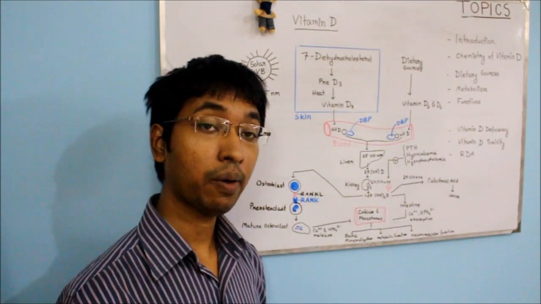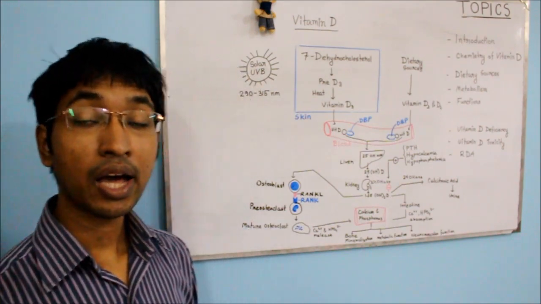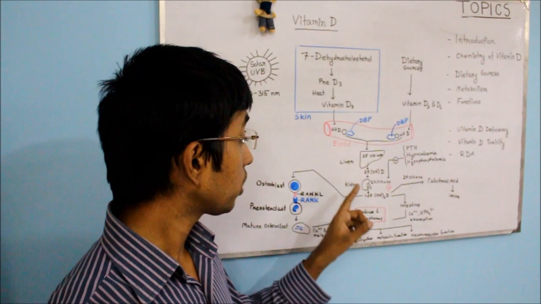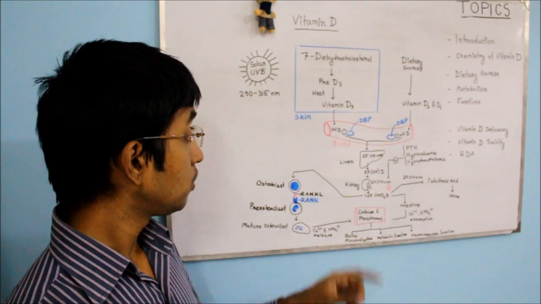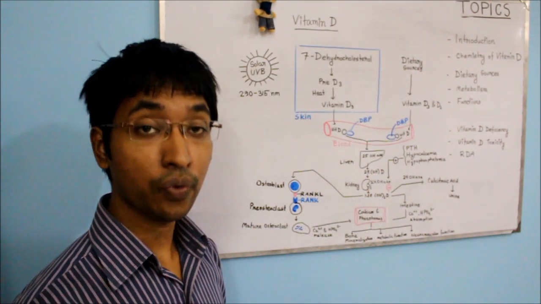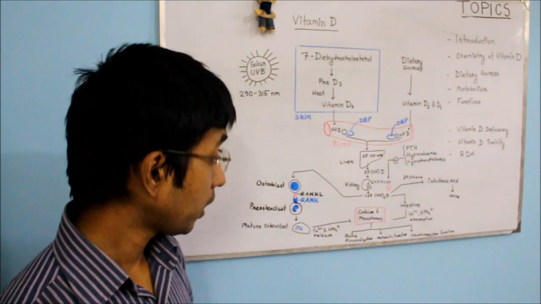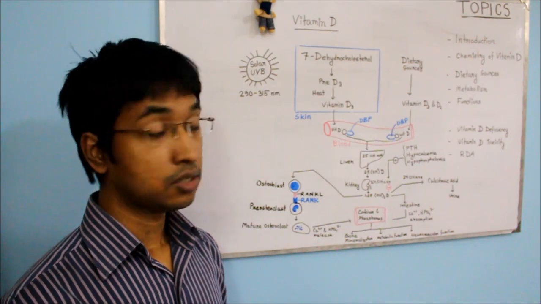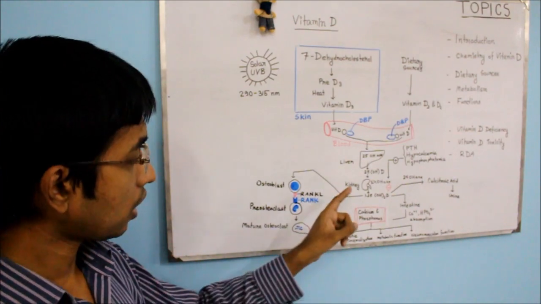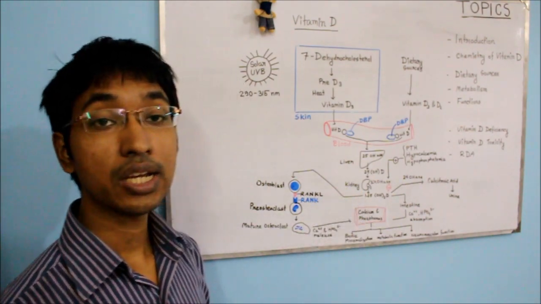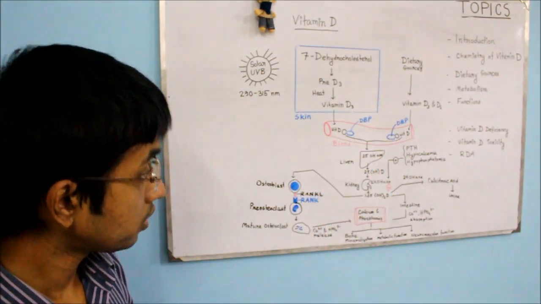This substance, 25-hydroxy vitamin D, will then go to the kidney, and in the kidney we will have another important enzyme that is known as 1-alpha hydroxylase, and with the help of that enzyme, 25-hydroxycholecalciferol will be converted to 1,25-dihydroxycholecalciferol, or 1,25-dihydroxy vitamin D. And notice that this enzyme, 1-alpha hydroxylase, is induced by parathyroid hormone, hypocalcemia, that is